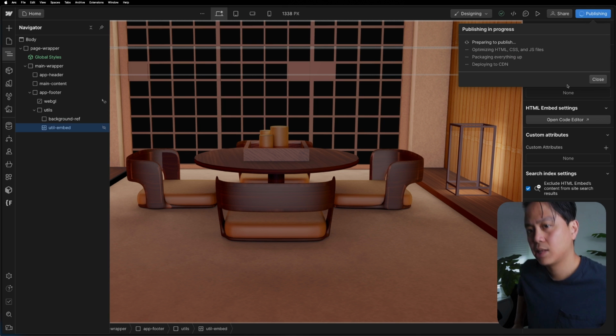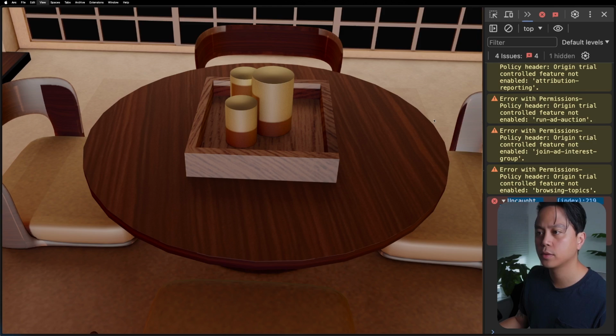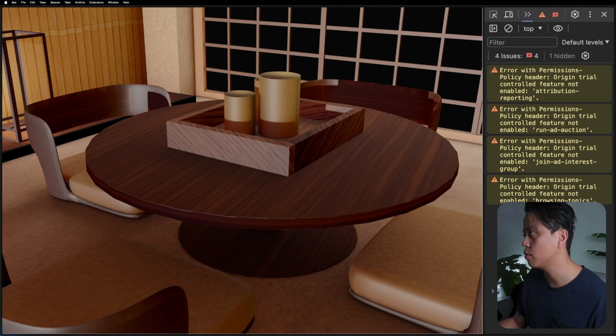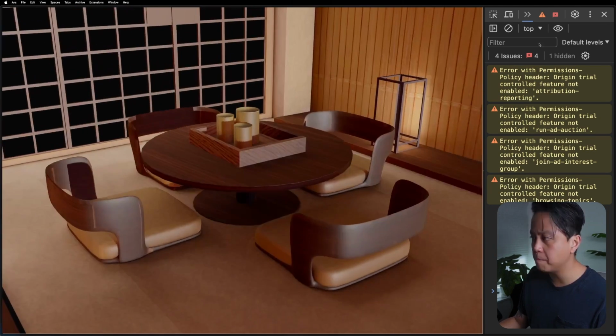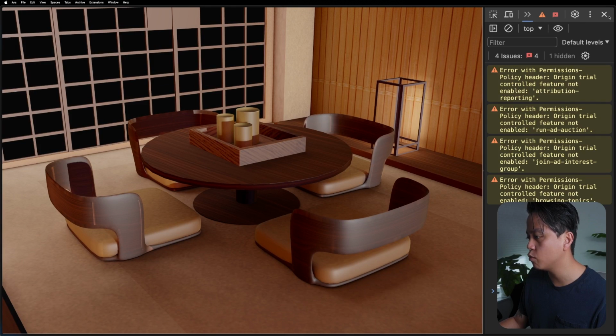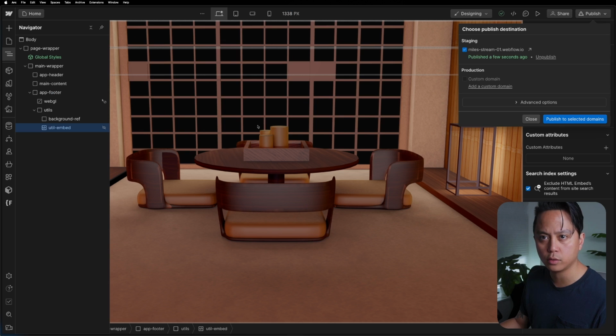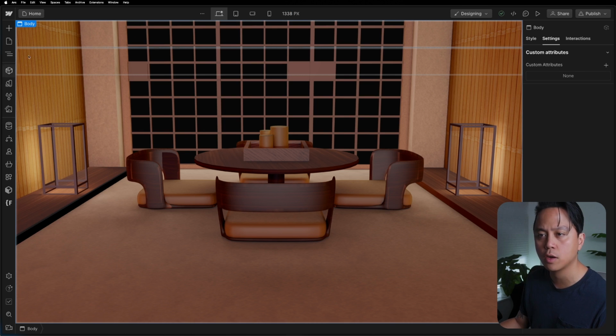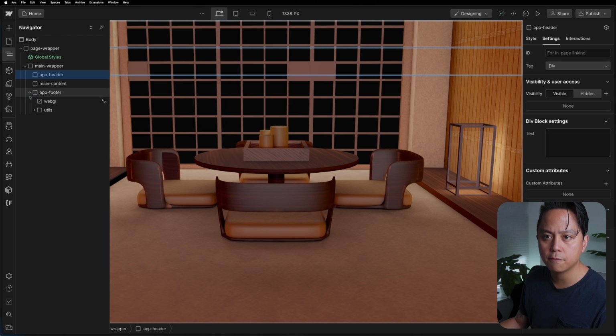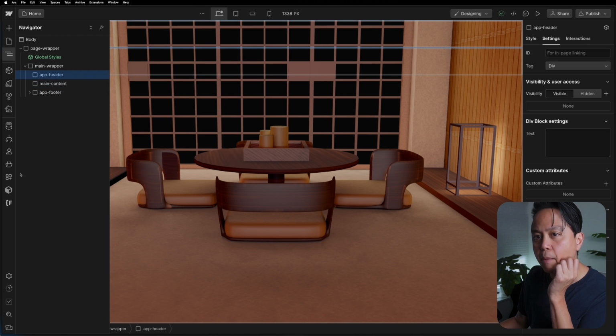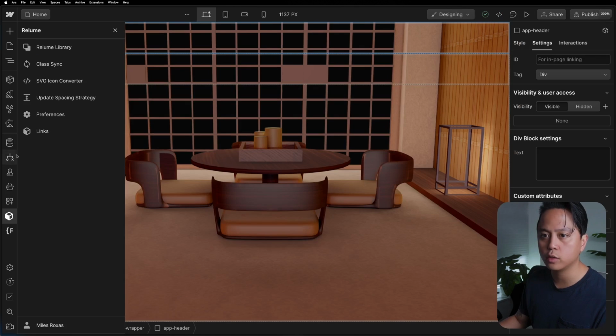So I just need to flip them around because it's not ready yet in the DOM. So now, yeah, now we're good to go. Moving right along, back in action here, I'm gonna remove the terminal, hopefully, because we won't really be messing around with custom code now. The first thing I'm gonna do is inside of app header,